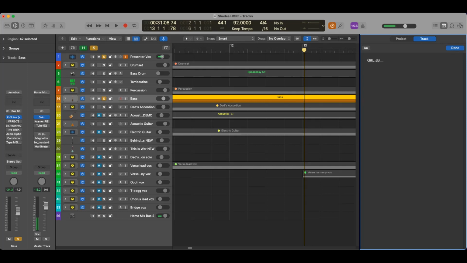And what I did is I went into my direct box, okay? And from there, I split the signal, and the split basically was 1 to interface and 2 to my pedal board. Okay, and